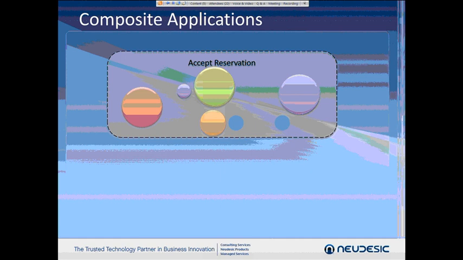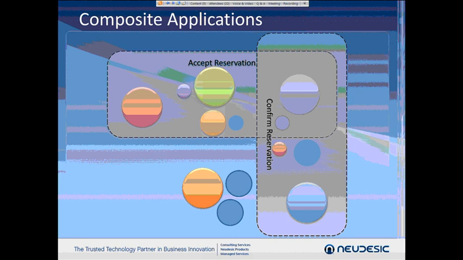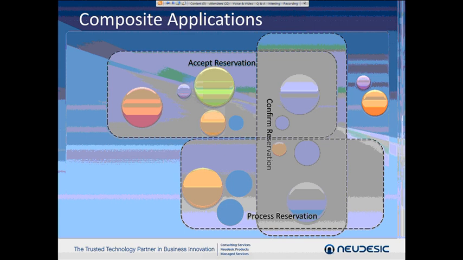I then might have to add some additional capabilities, build some additional services, some additional compositions that then enable me to confirm a reservation, right? So provide that feedback to the customer that we've accepted your reservation, and we're going to go ahead and give you a confirmation to let you know that we've received the reservation, and we're going to make sure that we can meet that. And then lastly, you want to be able to process that reservation and deliver that end service